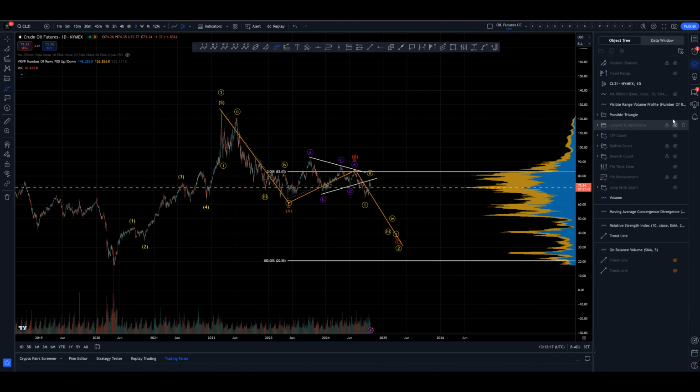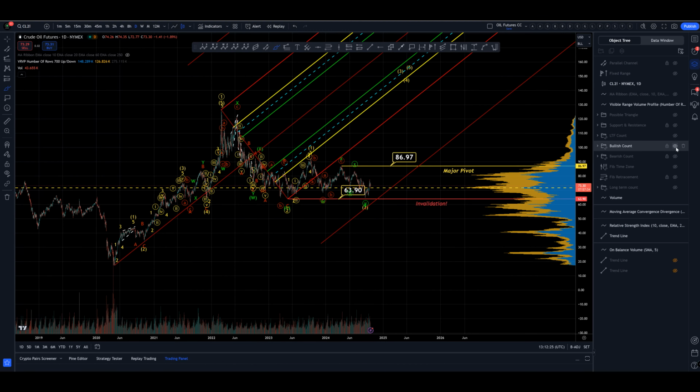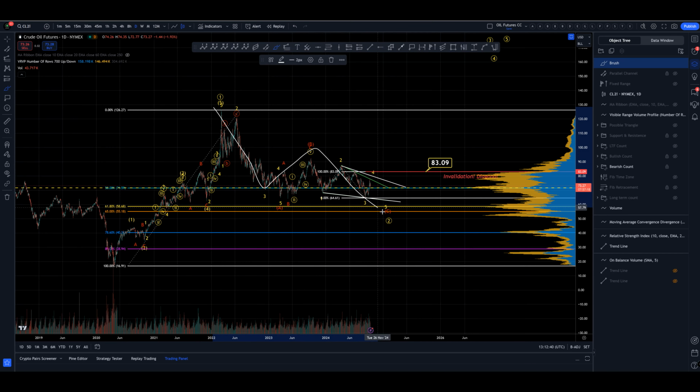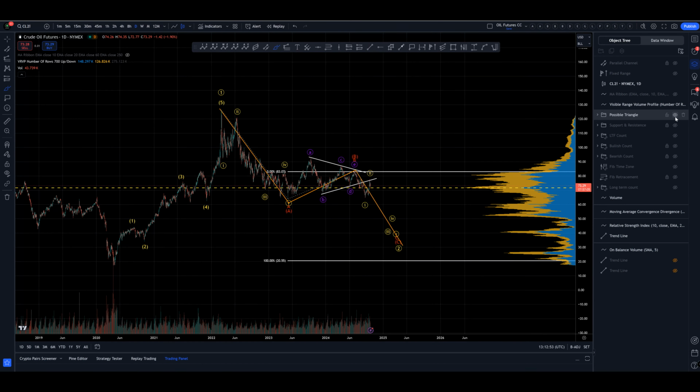I feel, and it's only a feeling, this is why I haven't assigned primary or alternative, because we are just trundling sideways. It's very tricky. The bullish count is the most attractive from a risk management point of view, probably what I would back in the meantime purely for that reason. The bearish count is structurally the most sound, I feel, because it gets that one extra low and turns this into a free wave move, which is what it always feels like it should have been. Okay, so structurally it looks better, and it was set up for a better looking rally with a base channel off of that low.